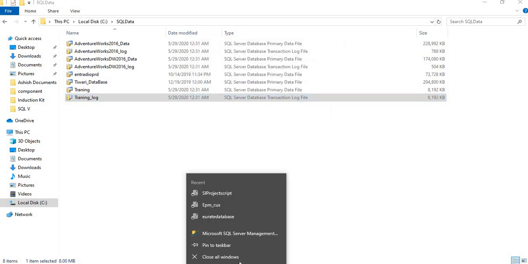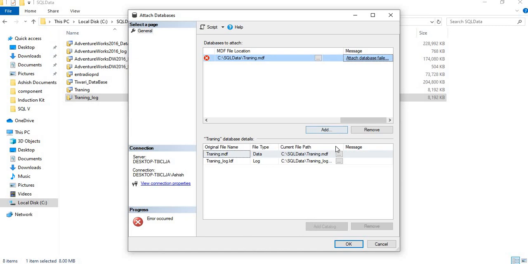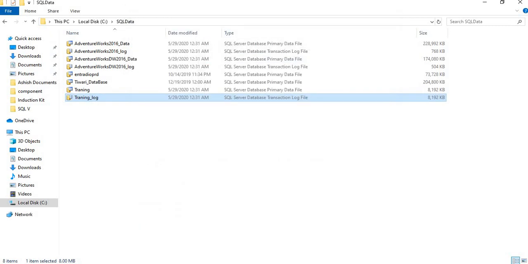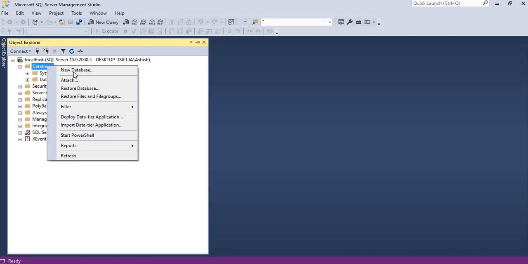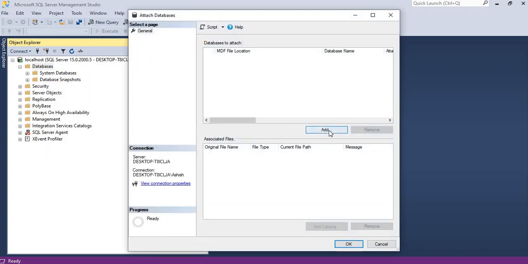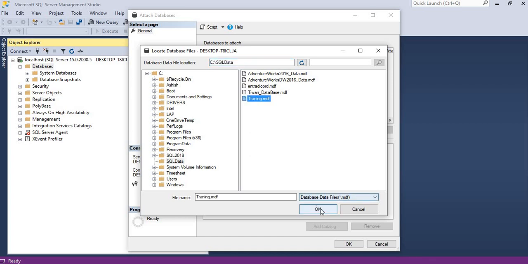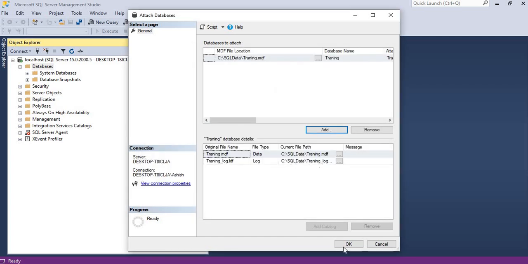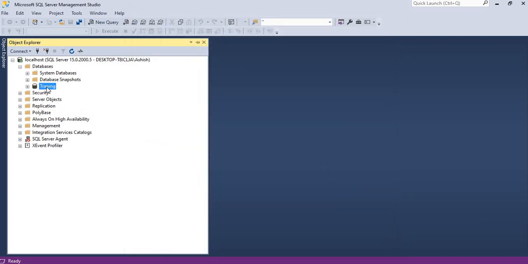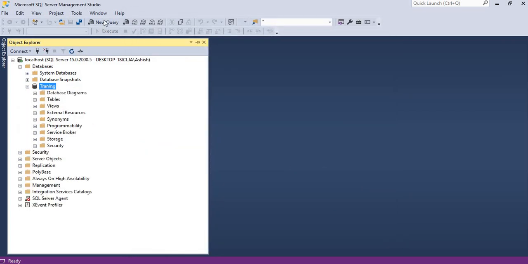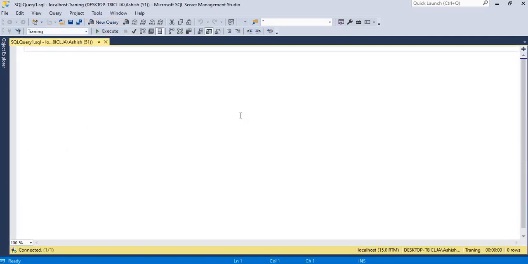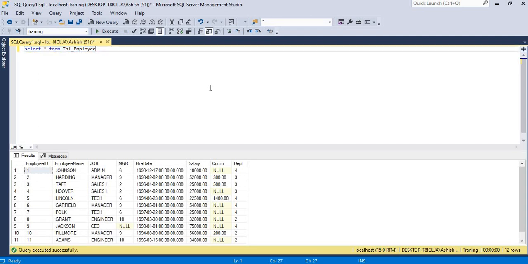This way I think your SQL Server will allow you to attach your database. So click on attach and select your MDF file, and the log file will be selected automatically, no need to worry about that. Click on OK and see, this is the database you get. Here we can test this, no problem. Select star from EBL_employee, which we created in our other video. So that's how you can